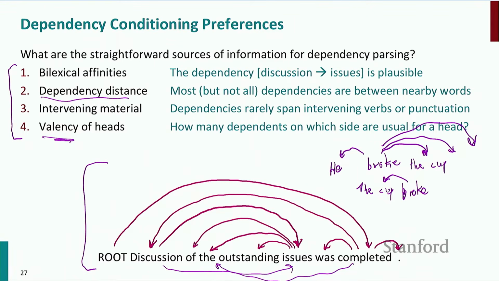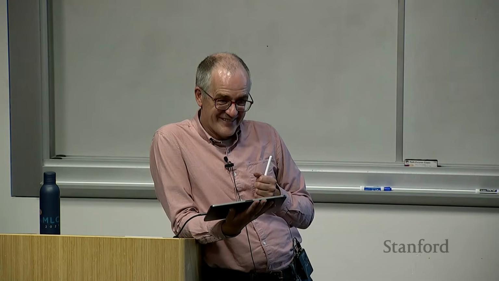So I will, fair enough, assert that this is a sentence and discussion is the subject of the verb completed. And normally for a sentence, we say the main thing in a sentence is its verb. And so that's why the root is heading to completed. And the subject of the verb is also an important thing, but the arguments of the verb, like the subject of the verb, the object of the verb, if there is one, prepositional phrase modifiers, they're all taken as dependents